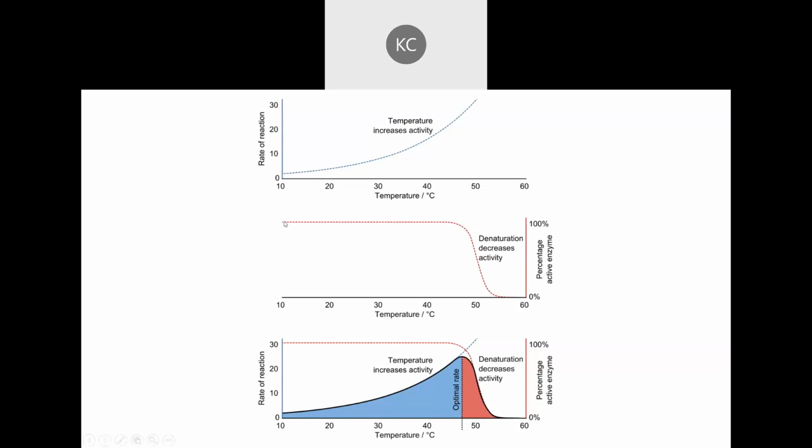This middle graph is showing that we may have a constant temperature in which the protein is not being denatured, and then at a certain temperature we have this large drop off because the protein is denatured, right? And then this bottom graph is putting these two together. So there's a nice happy medium when you overlap these two graphs that has an optimal temperature for an optimal